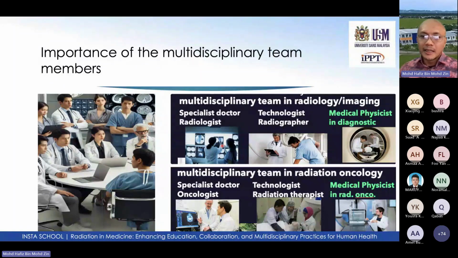in the body. And then the person that is working in the background is the physicist. They are the ones that ensure the machine is performing as it should. So they will do specific quality assurance tests. For example, they will ensure that the dose delivered to the patient is within the safety limit. And so on. So in the other department, for example, in radiation oncology, where they treat patients with cancer using